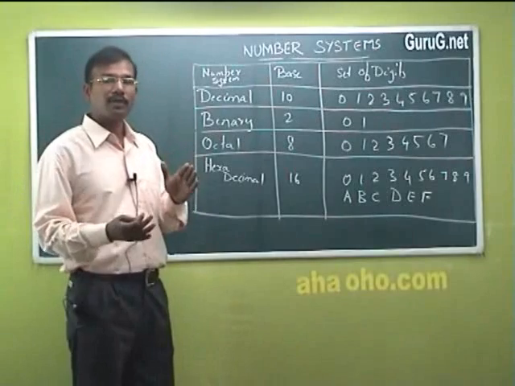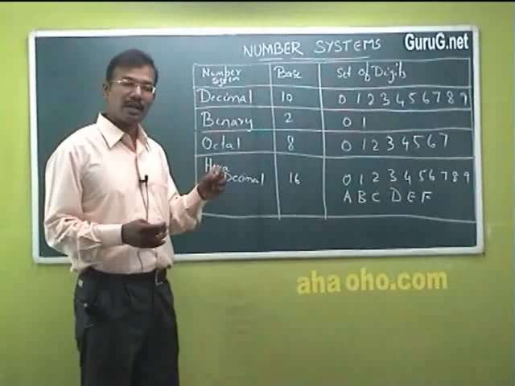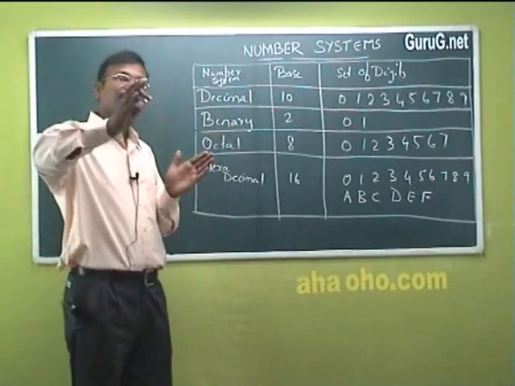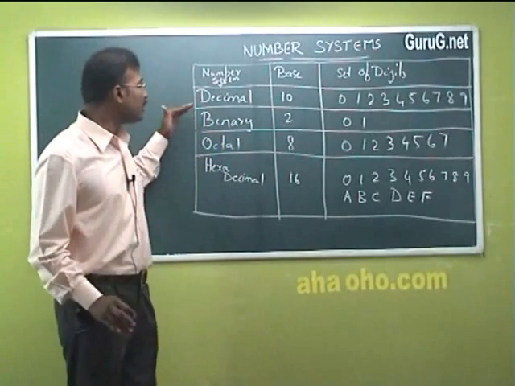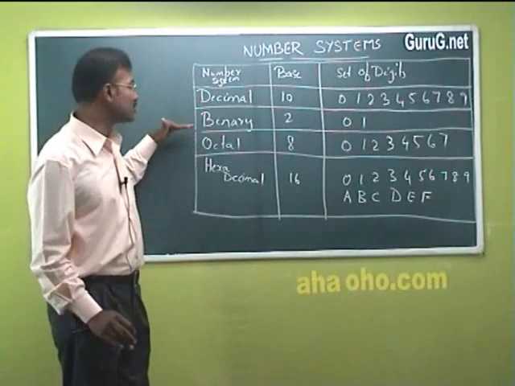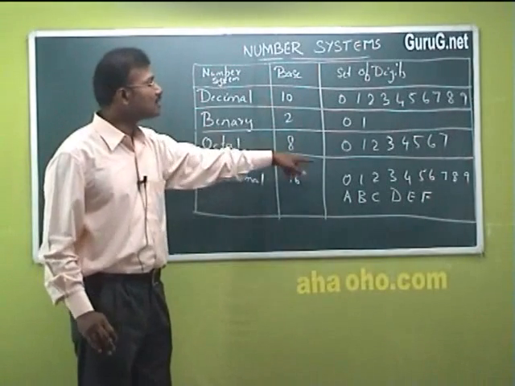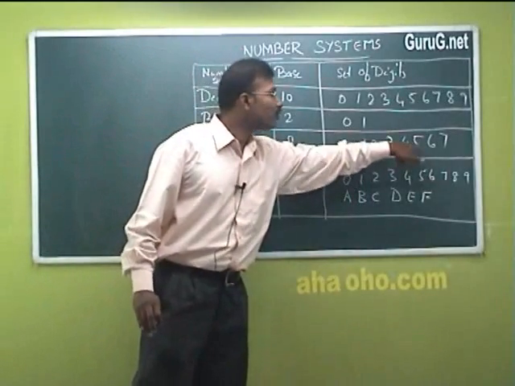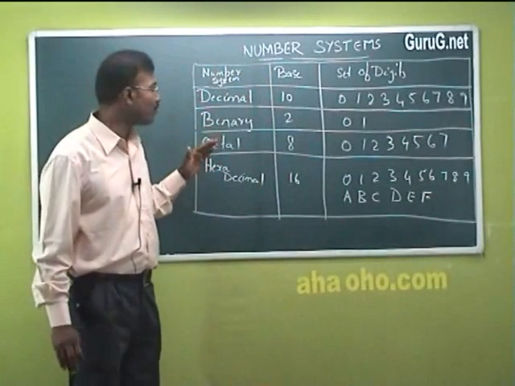And from that we moved on to the magnetic disk. In this, if the value is stored, it is considered as 1. If the value is not stored, it is considered as 0. In such a way, we organize all the data in the magnetic disk. But in some cases, we go for octal and hexadecimal values. The octal number system has base 8. You can see the digits are 0, 1, 2, 3, 4, 5, 6, 7. So 0 to 7, 8 distinct values, which we use for octal.